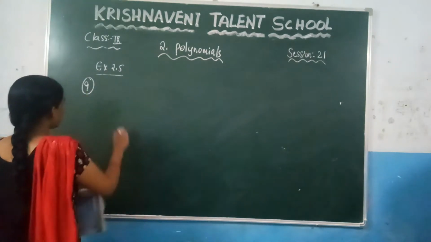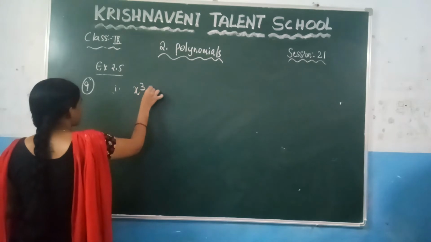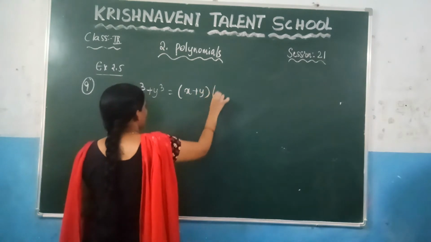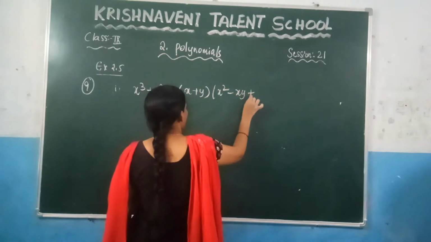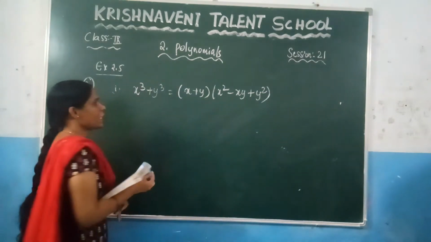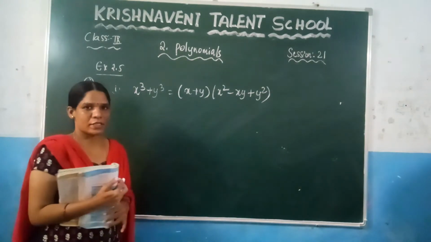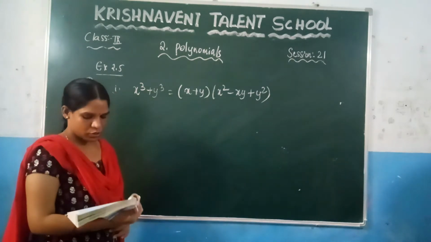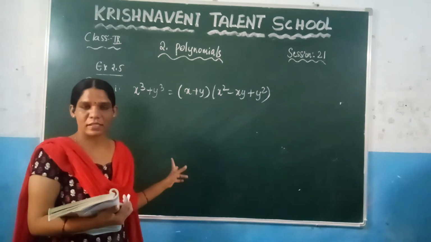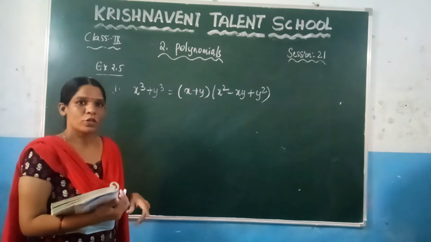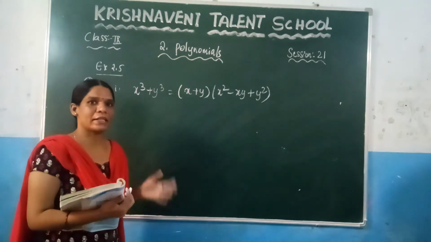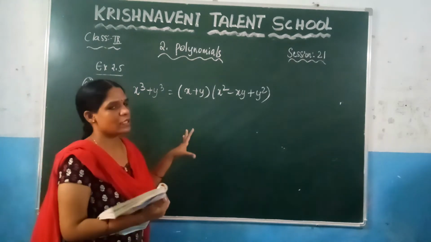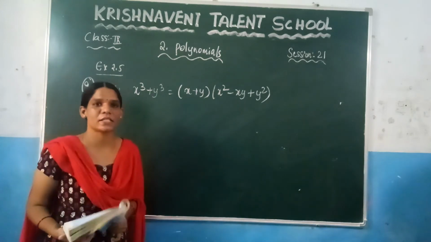So let us see the first one here. What is given here? x cube plus y cube is equal to (x plus y) into (x square minus xy plus y square). They are saying you need to verify this statement, and after that take some non-zero positive integers. That means you should not take 0 and you should not take negative numbers. So by taking the numbers, check whether this identity is true or not, and after that you can check whether it is an identity or not.